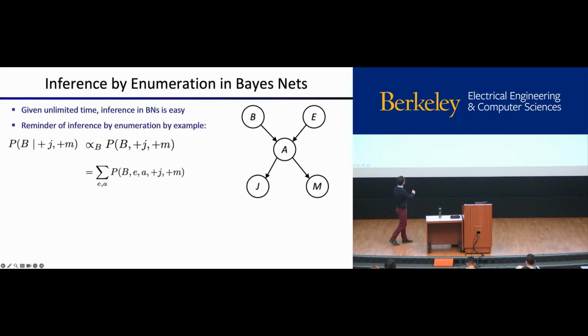But so we have this joint distribution that's encoded in our Bayes net. And because we have this Bayes net structure, we're going to break that up into our conditional probability tables. So each one of these is associated with a conditional probability table. So we have P of B times P of E times P of A given its parents times P of J given its parents times P of M given its parents.